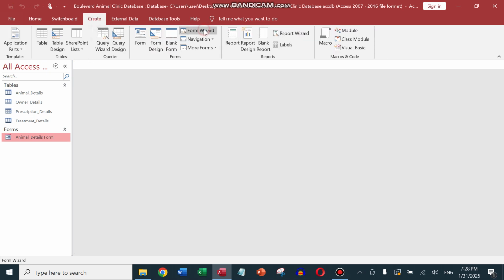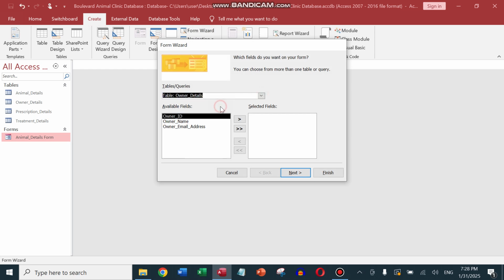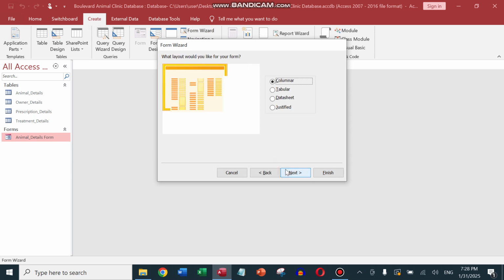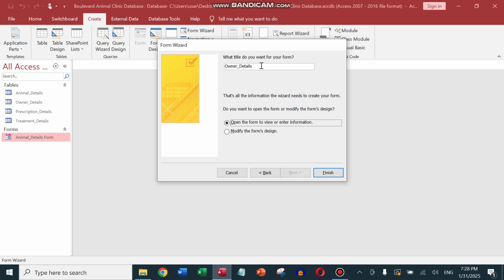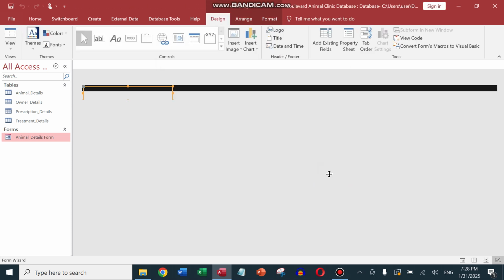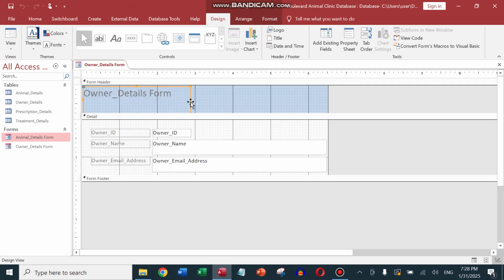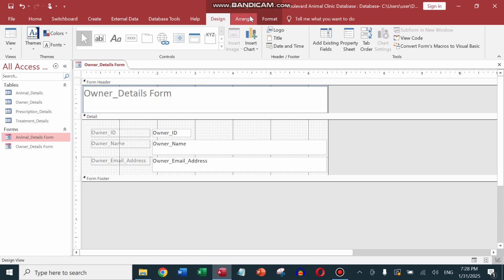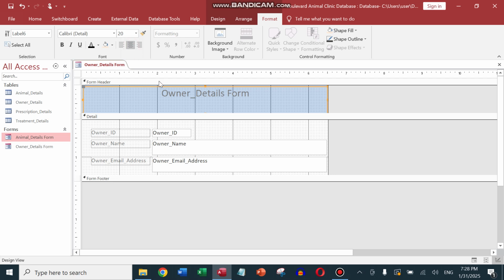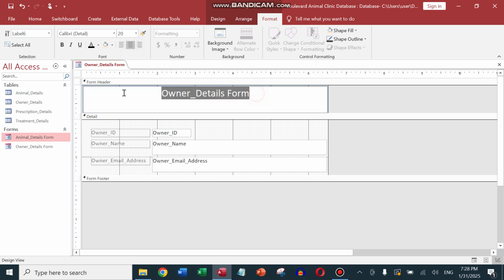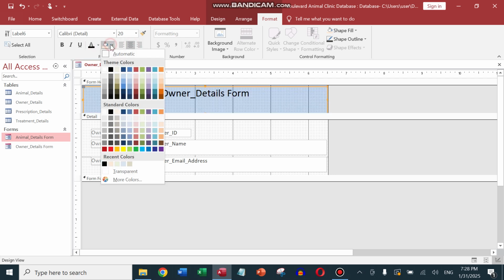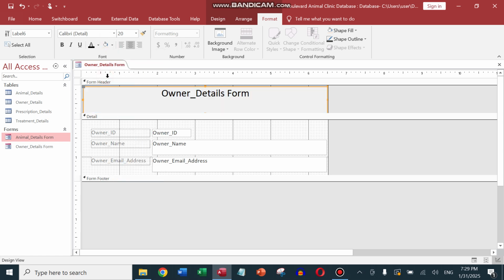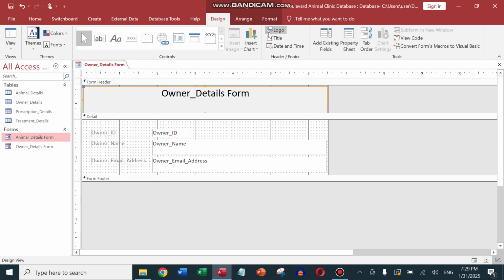I'll go to create form wizard. This time I will select the owner details. I select all fields. Next, owner details form, and modify, finish. And again, I come in here and keep the text in the middle. Maybe you can change the font, change the background, and add a logo. Make it bigger,